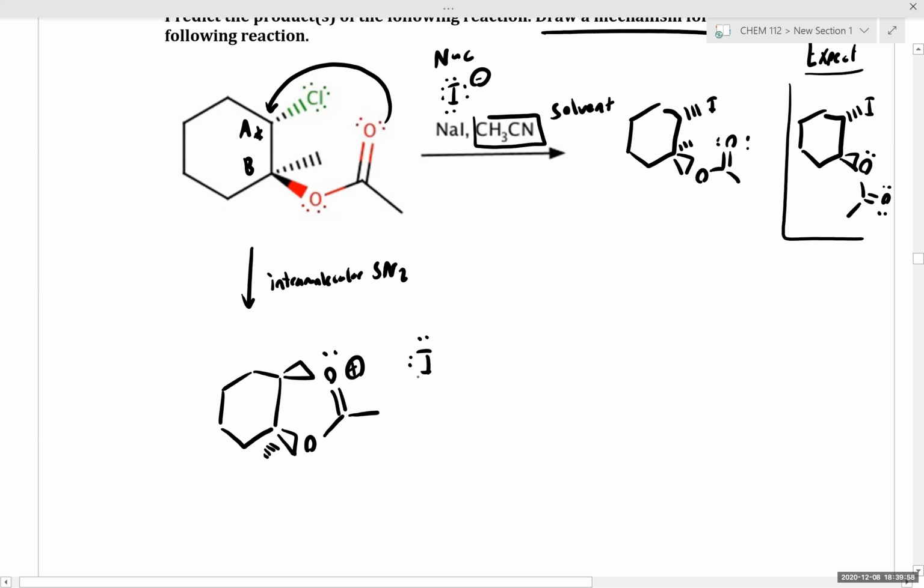Now, our external nucleophile is able to react because the intermolecular reaction is a little slower, so the external nucleophile reacts second. Now, labeling my carbons A and B, where will my nucleophile attack? A, right? The secondary position is more reactive than the tertiary position. Okay, and that in turn gives us as our final product